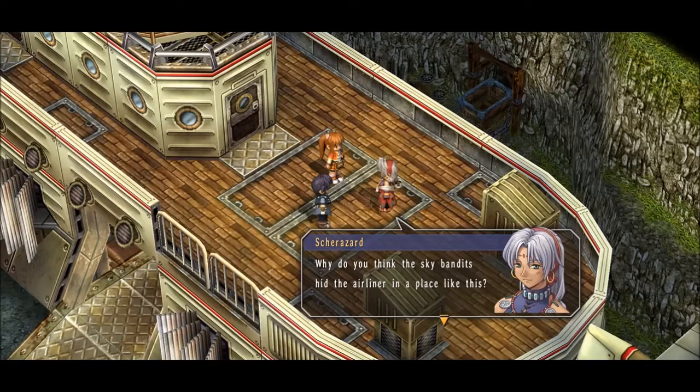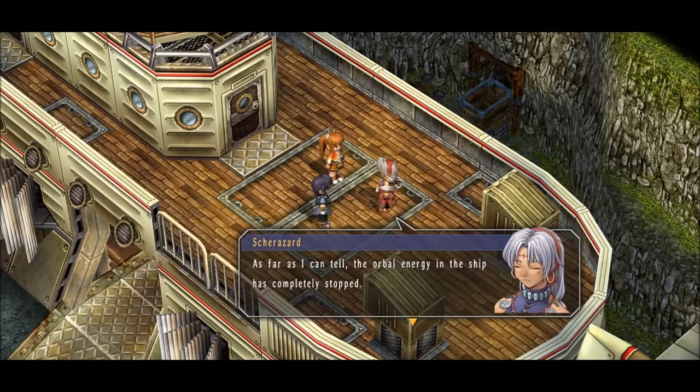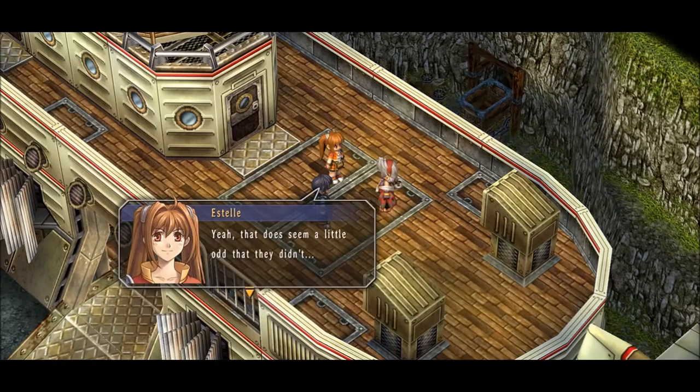Why do you think the Sky Bandits hid the airliner in a place like this? Huh? As far as I can tell, the orbital energy in the ship has completely stopped. Which means that the orbital energy was stripped from the aircraft. I know this because the orbital energy in an orbit gradually recharges over time. Furthermore, the Sky Bandits made multiple trips to carry off a large amount of cargo. Considering the time and risk involved, don't you think it would have been more efficient just to take the entire airliner to their hideout? Yeah, that does seem a little odd that they didn't. So why'd they hide the airliner here then? All I can think of is that they did it in order to...